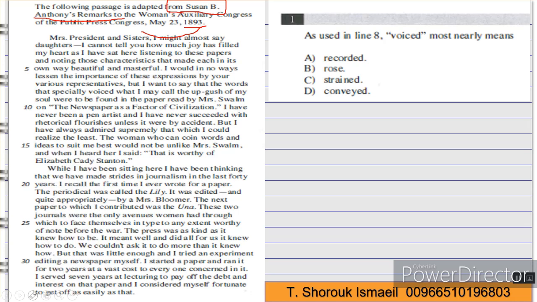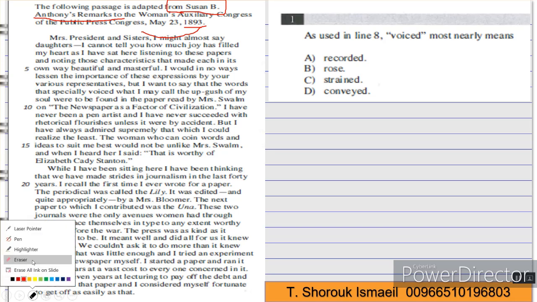Okay, so I'll just read first and then move. Let's start reading the passage right away. Here,